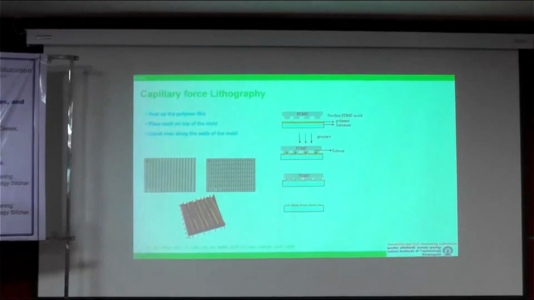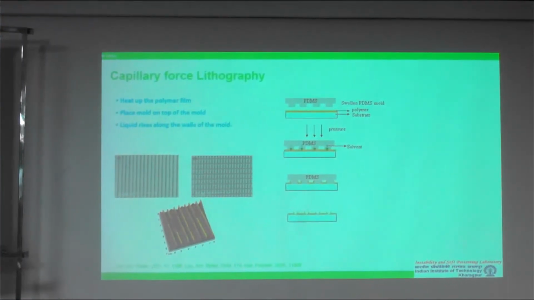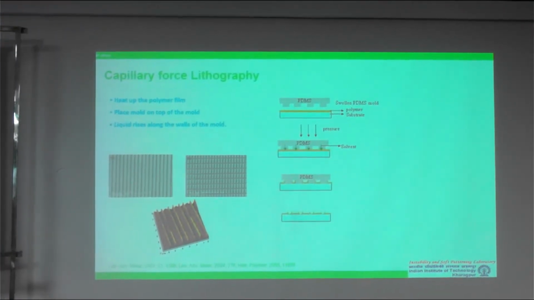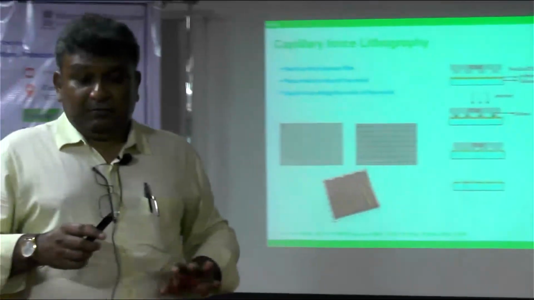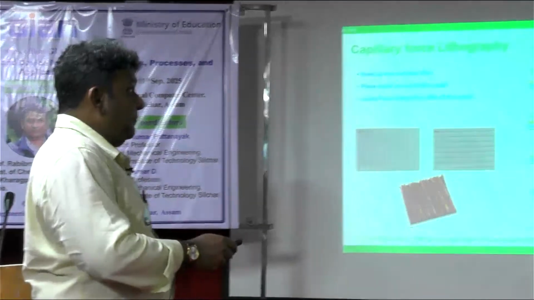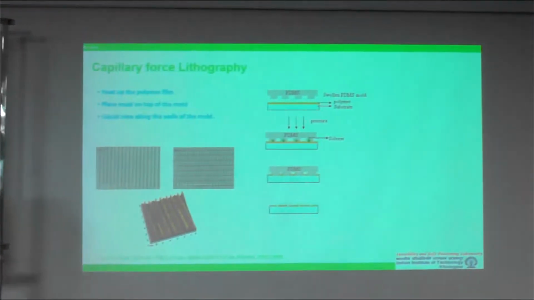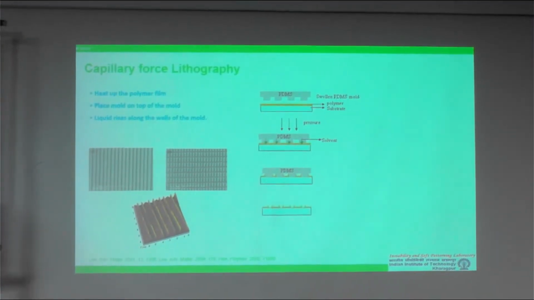There is another technique that has become very popular over the years, which is known as capillary force lithography. The concept is very similar to nanoimprint lithography, but instead of a rigid stamp, you actually use a flexible stamp, a PDMS stamp, the stamp that is itself created by replica molding, right? So what is the concept here? The concept here is